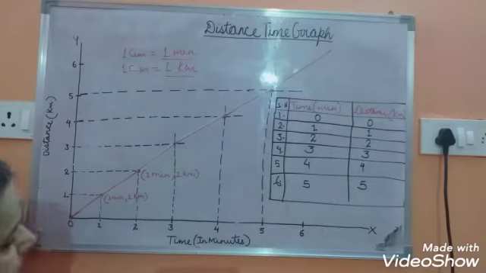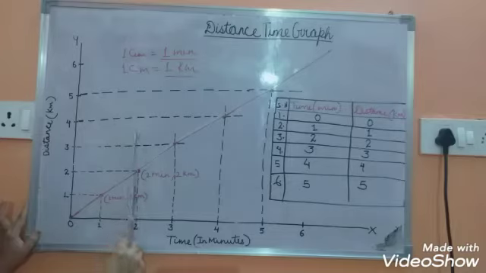is 2 kilometers. So the same thing we will do on the x-axis. We will find the 2 minutes. Here is the 2 minute at 2 centimeter. Here is the 2 minute, and on the y-axis we will find 2 kilometer. This is the 2 kilometer. Fine. So on the x-axis, where the 2 minute or 2 centimeter is, which is equal to the 2 minute, we will draw a line perpendicular to the x-axis like this.